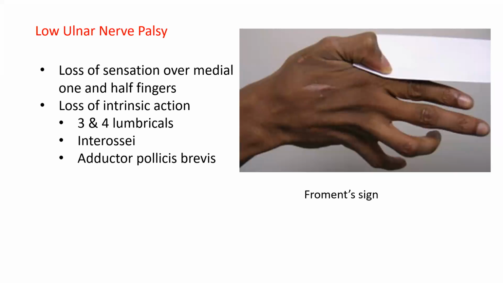Okay, the book test. The patient should use only the adductor of the thumb, not the flexor. The flexor FPL is supplied by the median nerve. So whenever you ask the patient to hold a book like this and you try to pull it out, if the adductor power is lost, the patient will try to compensate by using the flexor pollicis longus. So the moment you try to pull it out, you can observe that the IP joint is going for flexion, right? This IP flexion is by FPL. This is called the Froment sign, which is elicited by performing the book test.